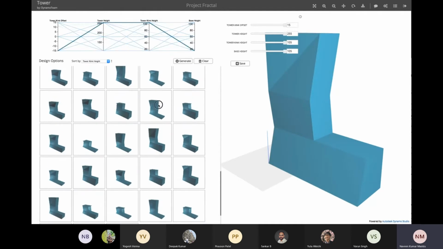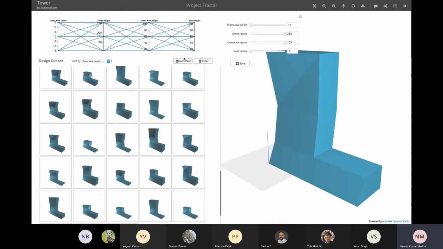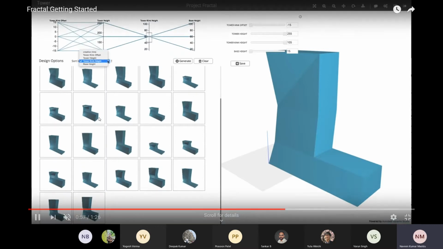So in a fraction of a minute, I think it has created so many models here, and now what he's trying to do is called optioneering. Now he's trying to reduce and increase his range and seeing, okay, this is the range of height that I require, this is the range I want here, like that.